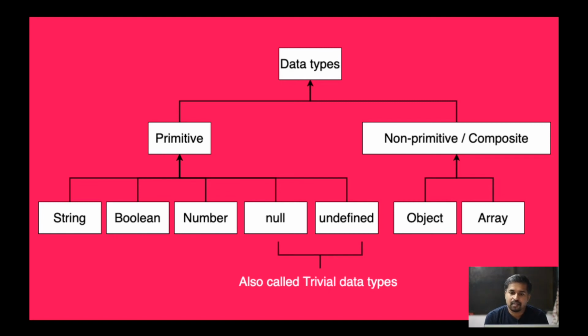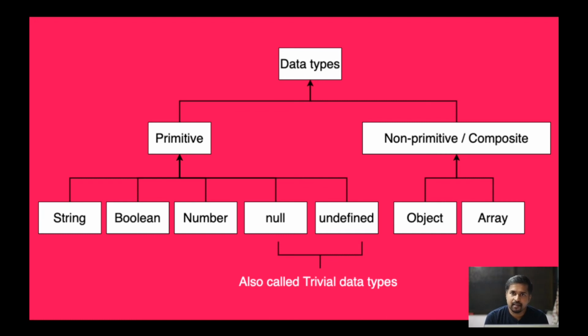Now talking about the non-primitive or composite data types, it basically contains objects and arrays. Now what is an object? An object is basically key value pairs related to some single entity. Let's say if I give an example of user, a user can contain multiple properties like first name, last name, city, country, right? So all these are the variables that are associated with the same person, so you can wrap them in an object. An object can have the values as strings, booleans, number, null, undefined. That is why it is called a composite data type, because it is made using the primitive data type. Similarly, we have arrays.